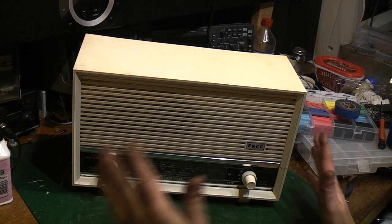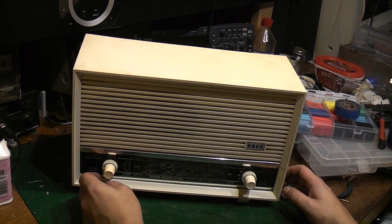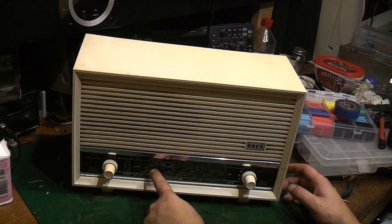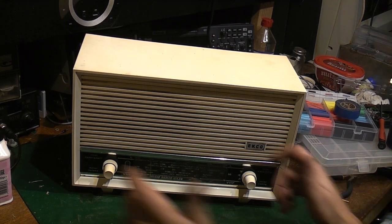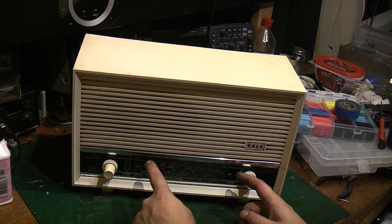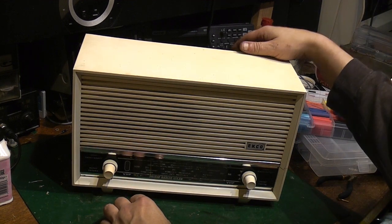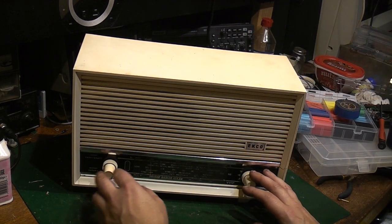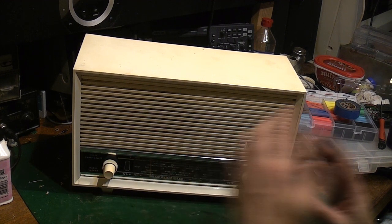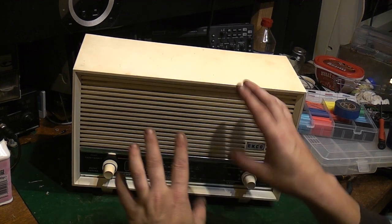Right, and there we go. We're all back together. I am so glad I didn't film me doing that, because you didn't have to watch me not see that I'd actually got the dial pointer caught, and as I pushed the chassis in, actually bend it in half, but not realise until I got the whole radio back together, the chassis installed, the back on, the knob back on, and I went to just turn the tune in and looked, and then I realised I had to pull the whole radio back apart, straighten the pointer back out, make sure I got,